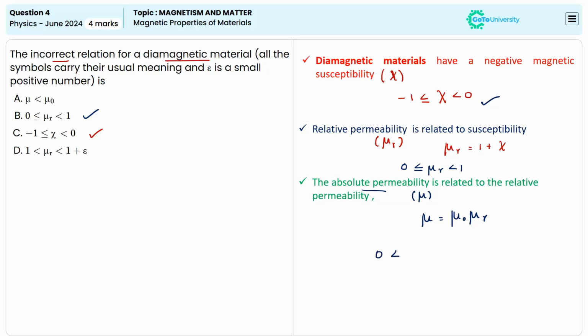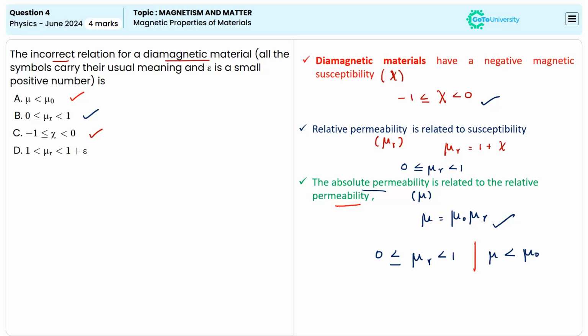Since we found 0 less than or equal to mu r less than 1, here we can write mu will be less than mu naught, based on the absolute permeability and relative permeability relation. So based on this, we can say option A is also correctly representing the